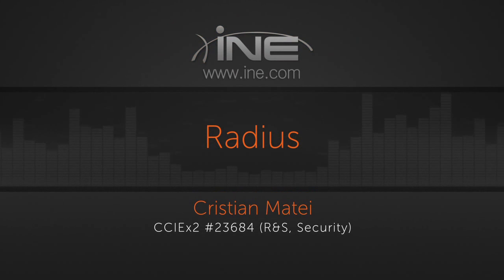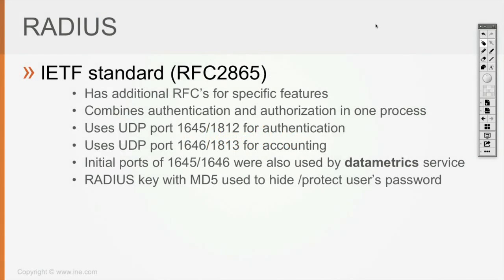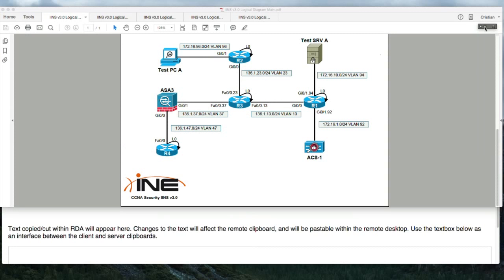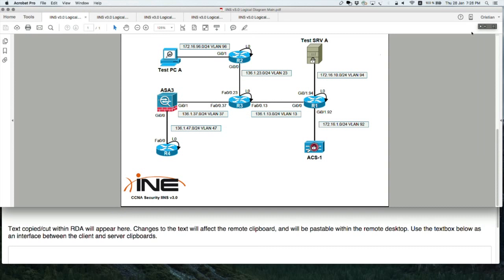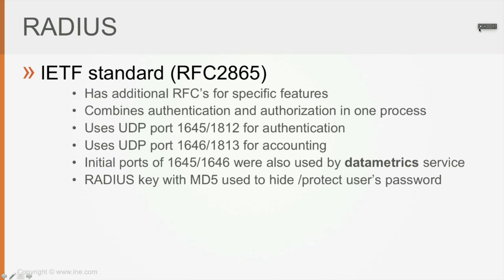Now let's take it one by one. RADIUS is an IETF standard, described in RFC 2865. Of course, like any commonly used protocol, it has additional RFCs for specific features that came out after the initial version of the RFC. So like with any protocol for which there's an RFC, we always identify that the initial